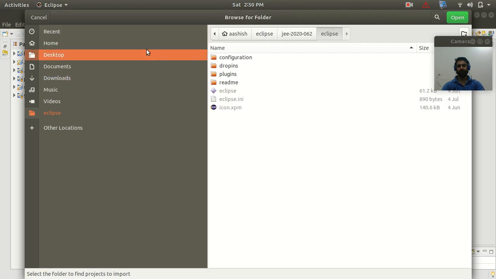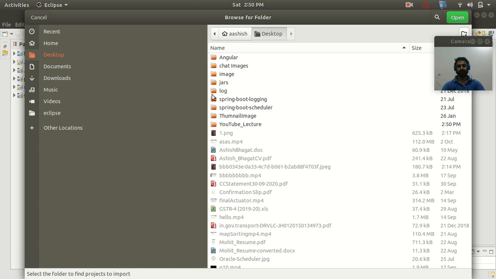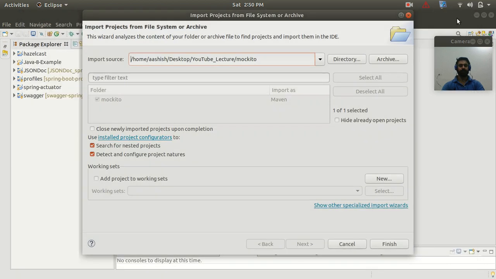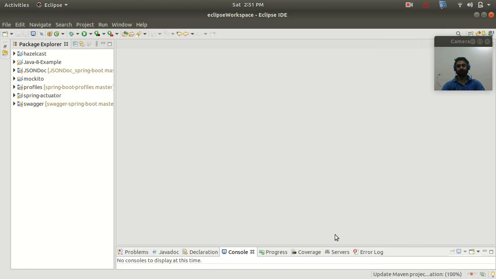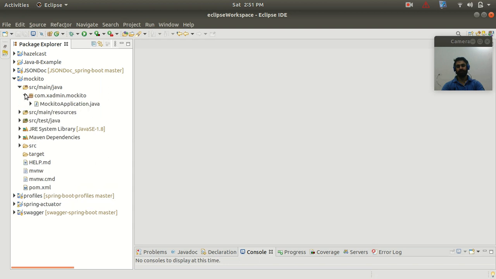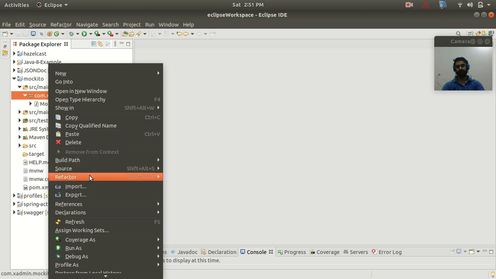So let's find the directory where we have downloaded, open it, and finish this. So guys, you can see that it is going to import our application in my Eclipse, right? Now I'm going to create all the packages which I'm going to use for this session. So let me copy this package from here.